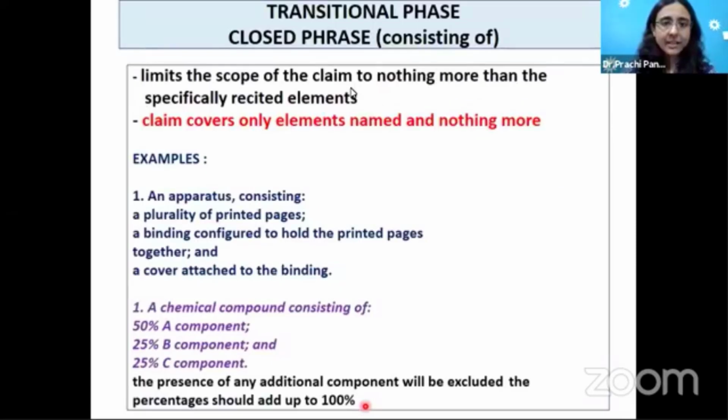Closed means once you say consisting of or essentially consisting of, it's simply meaning beside these 3 components there is nothing else, and you cannot broaden it later also. This claim says only 3, consisting of only these components, and whenever you are writing percentages and writing consisting of, then it should make 100%. It's not actually wrong. Whenever you don't want to infringe someone, or you want a very explicit claim, I'm just roaming in this boundary, so you can use the closed transitional phrase.